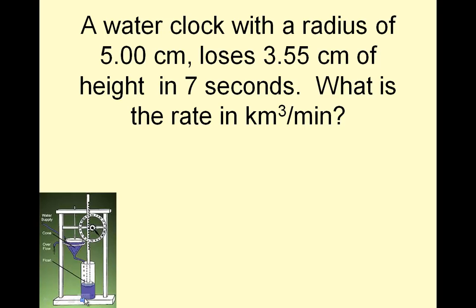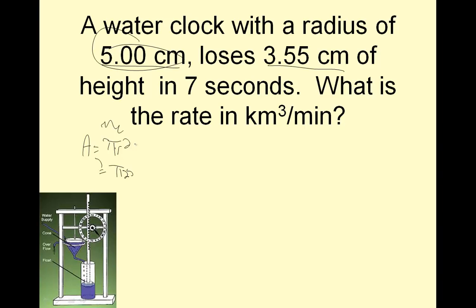What is the rate in kilometers cubed per minute? Ooh. Okay, so what I have is radius of 5 centimeters loses this, so that means I need to find the volume of that. Okay? So water clock, we're going to assume that it is a circle, right? Radius of 5 of this. So area of a circle, pi r squared. Oh no, don't crash on me. It didn't. Pi r squared. So that would be